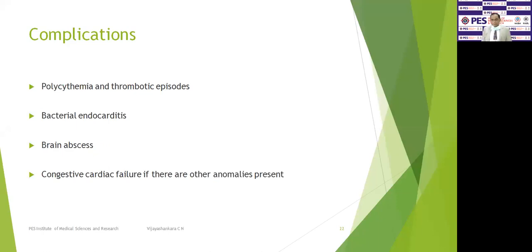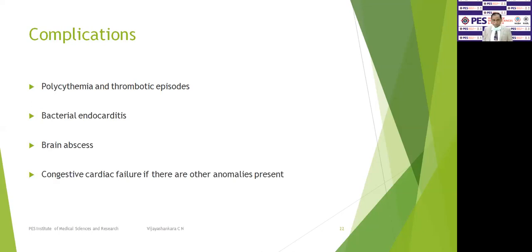The complications of Fallot's tetralogy. Polycythemia because of the chronic hypoxemia. Polycythemia occurs because the body has to maintain the circulating hemoglobin or circulating oxygen concentration. Higher the hemoglobin levels, higher the oxygen concentration in the circulation. But this polycythemia can lead on to thrombotic episodes, particularly cerebral venous thrombotic episodes, which are quite common and can